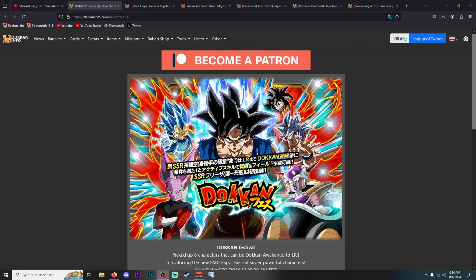today. What I am here to talk about today is how this banner is going to be looking on global, because there is a little bit of an issue. And if the banner image does not give it away, we have two characters on here who shouldn't, I don't know if shouldn't is the right word, but who probably won't be on the banner. Now, there's more than two, by the way, but Evolution Blue Vegeta and UI Goku are currently obtainable on the